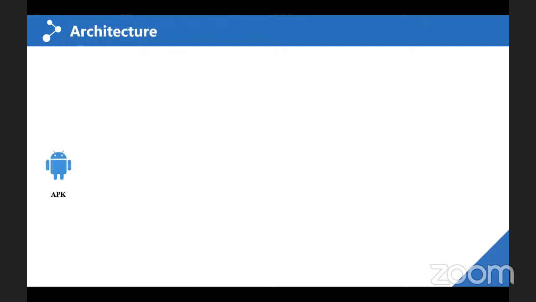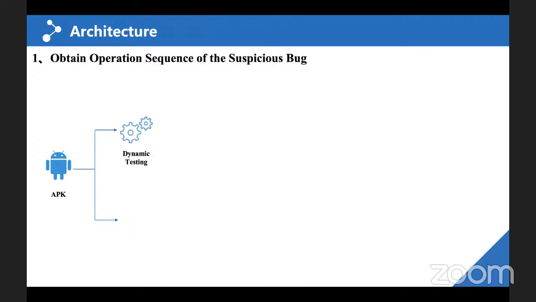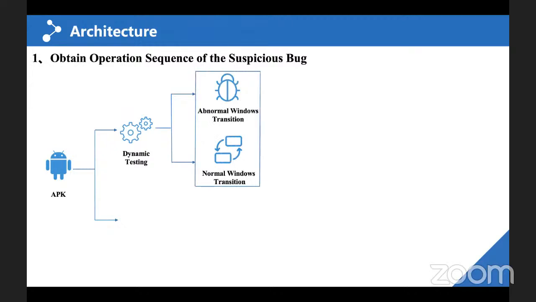In order to solve the problem of requirements generation, we have developed Kara. Kara first analyzed the result of Android automatic testing on the target application to obtain window transitions. Then, Kara constructed the graph model for the target application. The Dijkstra algorithm is adapted to calculate the shortest operation sequence from the application start interface to the suspicious bugs